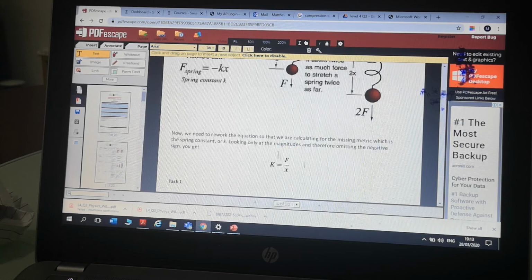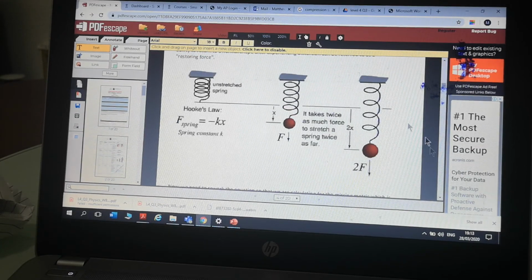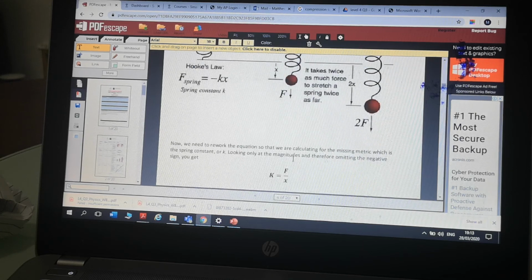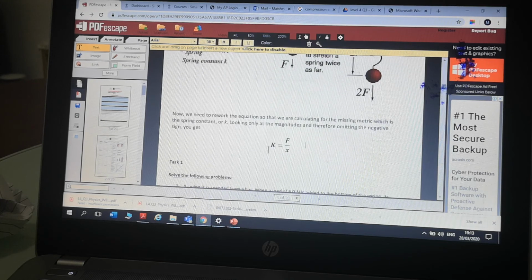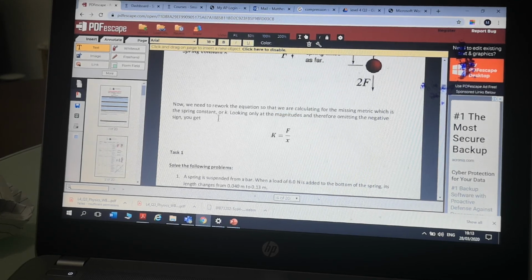Magnitude doesn't care about direction. And in most examples, the direction is obvious. If I put a mass on this, the spring's not going to go up, is it? It will be pulled down. So we can forget about the minus most of the time when we look at magnitude, and we can write